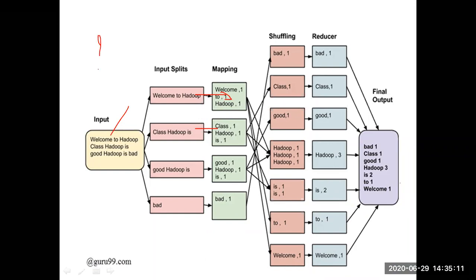Here, one question will be there. People will ask how many mappers will there be in the MapReduce program? Internally, how many mappers will there be? And one more question is, how many reducers will there be in the MapReduce program? Whenever we apply a MapReduce program to a file, how many mappers and how many reducers will there be? How many mappers are needed for a given file? In this example, how many mappers have we used?